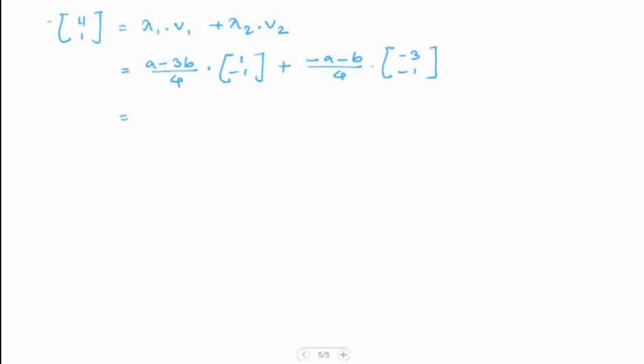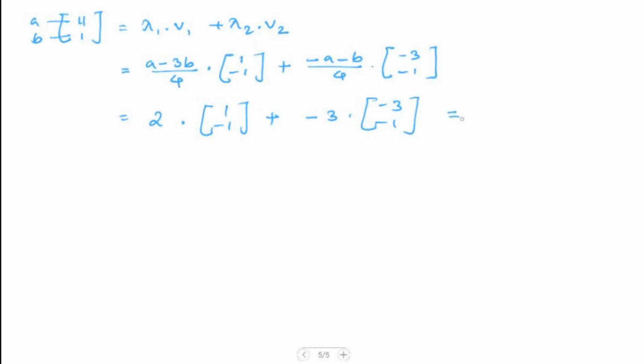So these values here are our a and b, so we can replace them here. Now we have 11 minus 3 times 1, that's 3, divided by 4, which is 8 divided by 4, that's 2. So I can just write it as 2 here now, times (1, -1), plus we have minus a minus b. So minus a is 11, minus b is 1, that's minus 12 divided by 4, and that would be minus 3, times we have here (-3, -1), and this if you solve it,